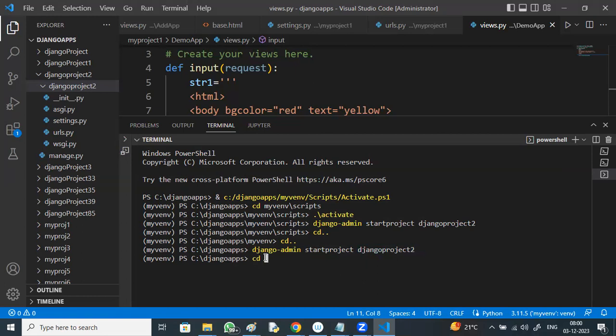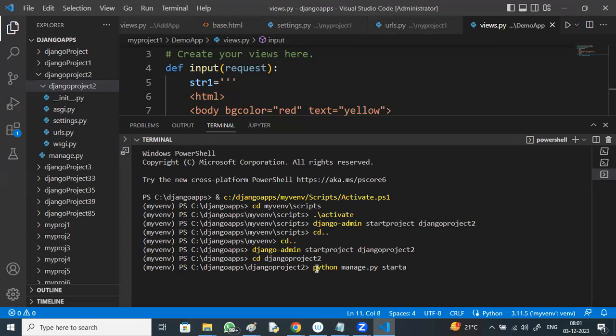How to enter the project folder? cd, change directory to Django project 2. Now I am in the Django project, whatever the project name, here I need to create the application. What is the command? python manage.py